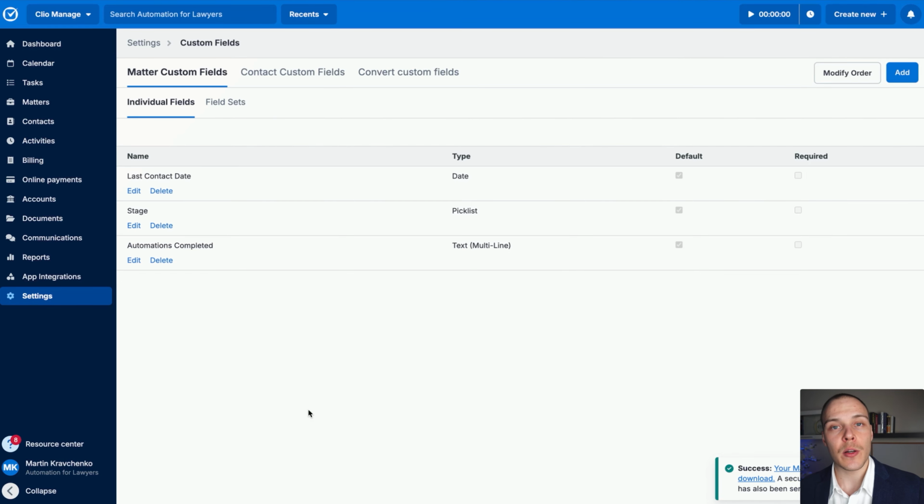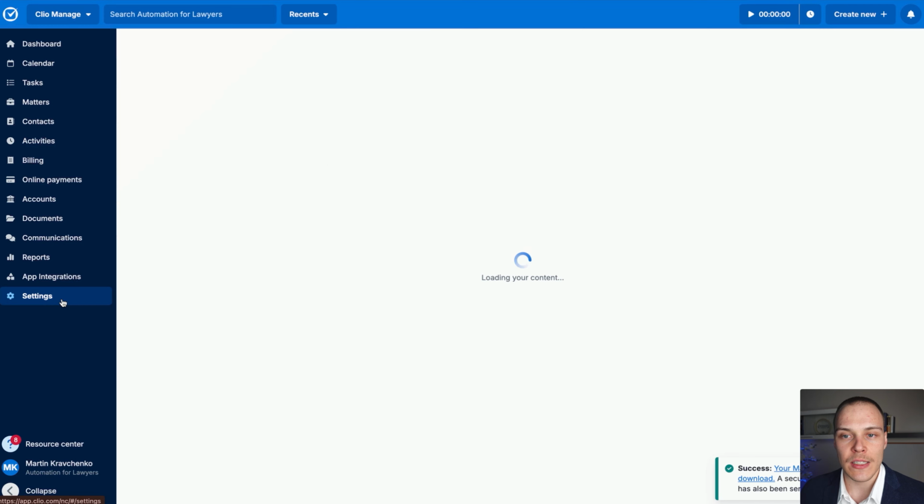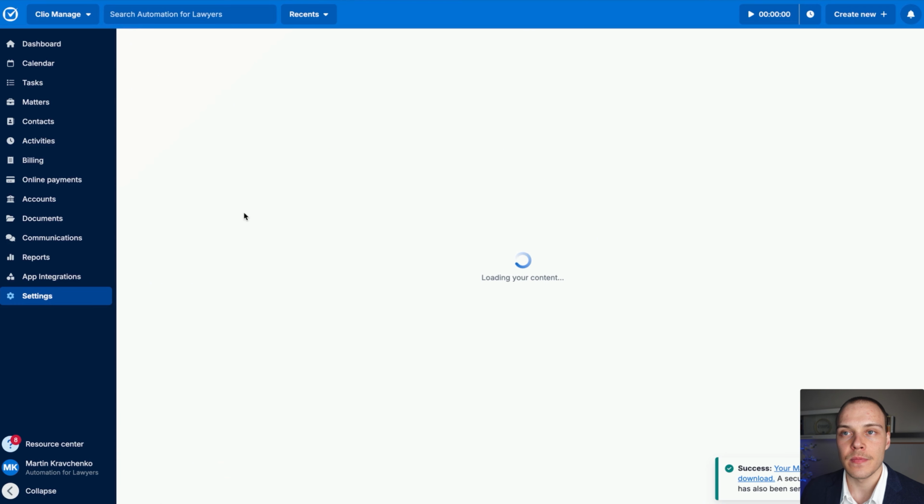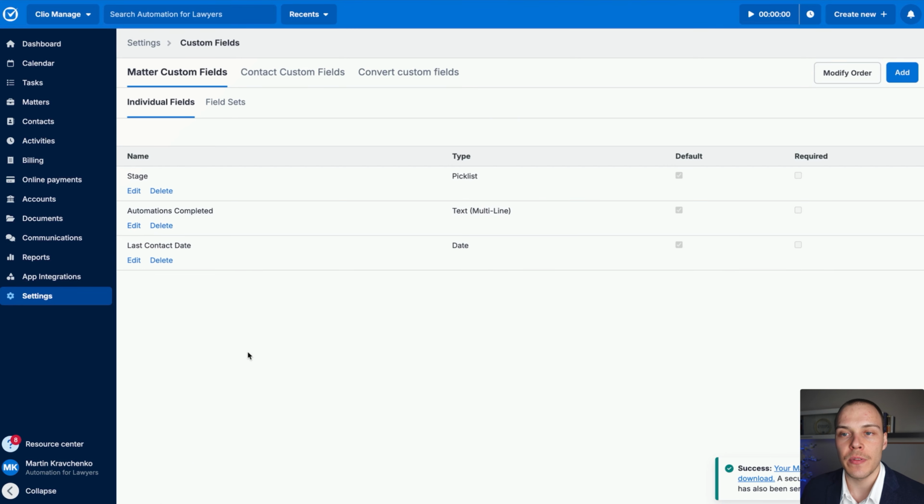The first prerequisite step before working with this automation is that we need to go to our settings in Clio Manage, go into custom fields over here, and define a new custom field, for example, called last contact date, last phone communication date, or something of the kind. Now make sure that in the data type you select a date so that it properly understands that this is